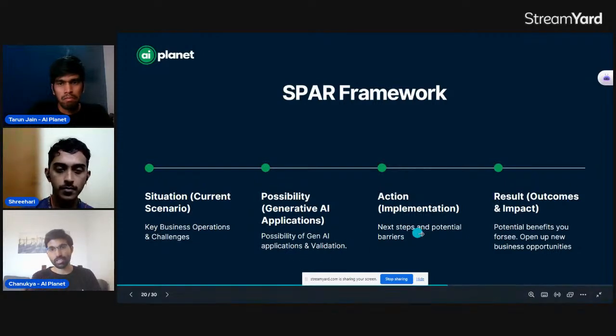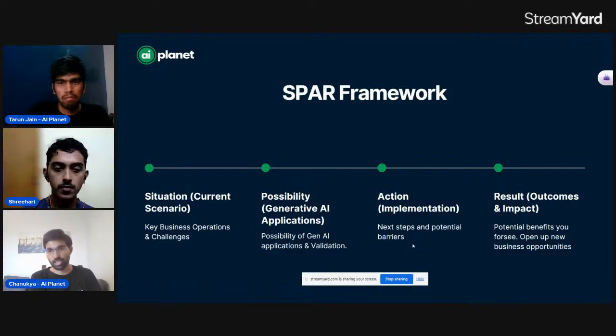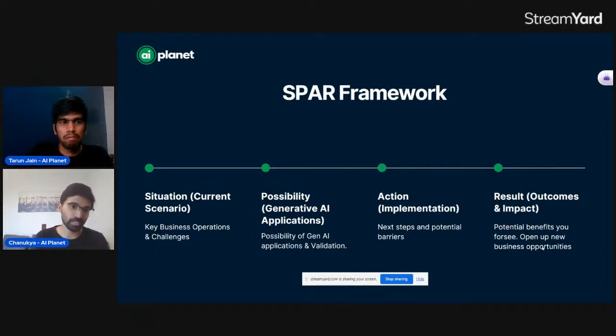And then you can think about the action items, the next steps and potential barriers, and you can already talk about the potential benefits that you foresee. If you can put this on a simple document or on a pen and paper to see how it can solve your existing business problems, I think that would be a good starting point,